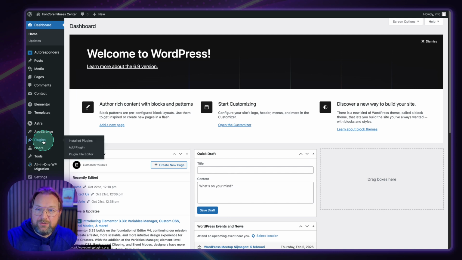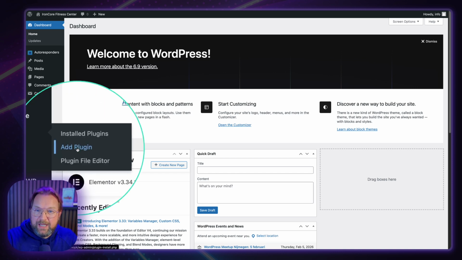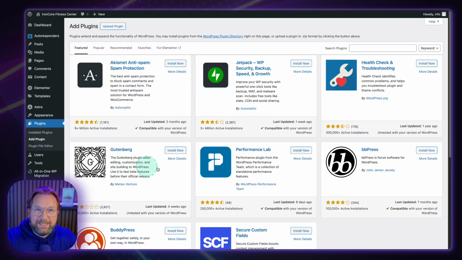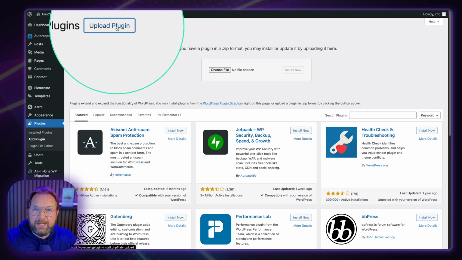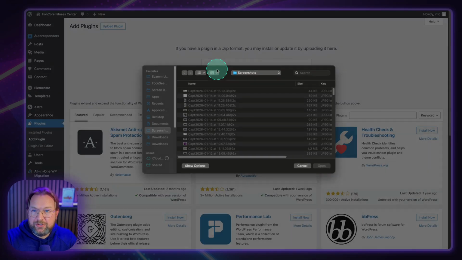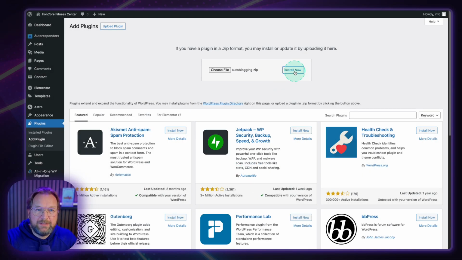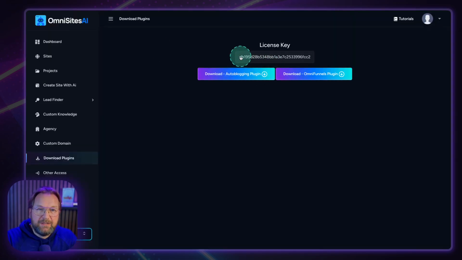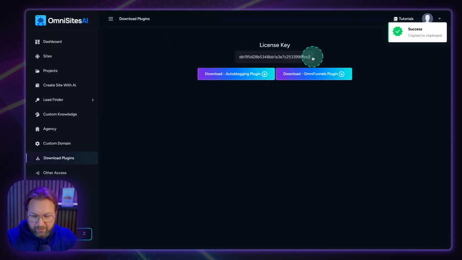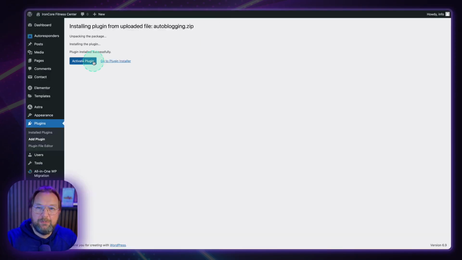So when I go back here to the plugin section, I can say add plugin. And now I can upload here at the top the plugin that I just downloaded. So when I go to my downloads folder here, you can see the auto blogging. I have it here as well. I open it, I install it. And one thing that I need to do is I need to grab my license key here in order to make this work. So it's copied, I go back,